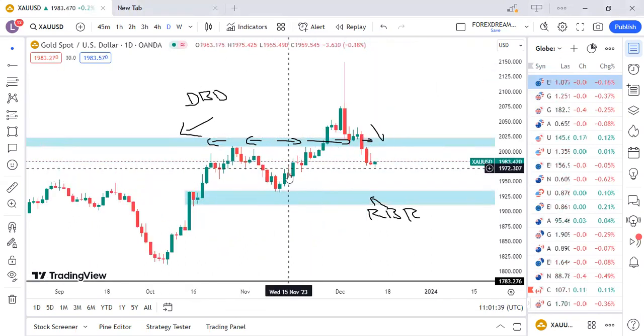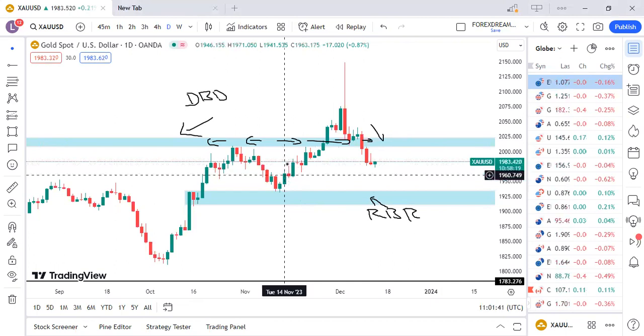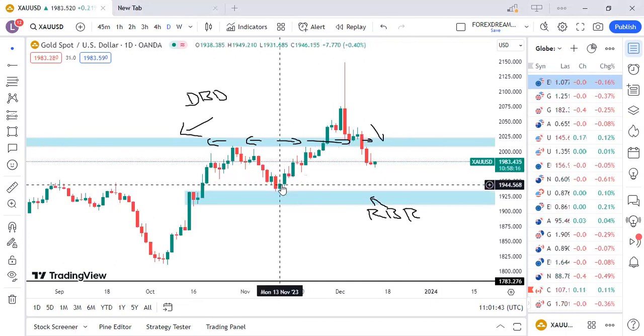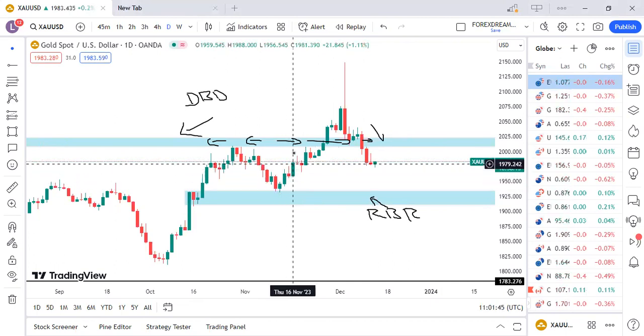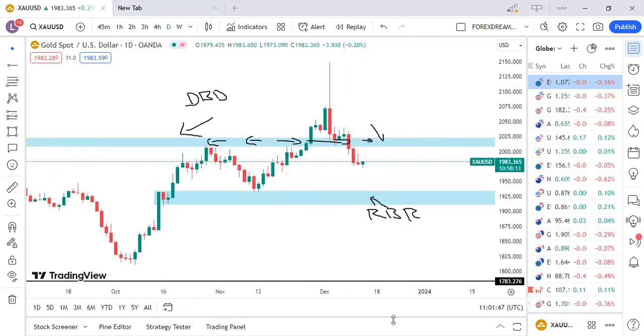You realize that here, before we go to a smaller time frame, what is it we have? We have the rally, we have the base, we have the rally again. Look at what happened. The market pushed all the way up, and then it came back down. Why did the market come back down here? It came to test this potential continuation pattern again.